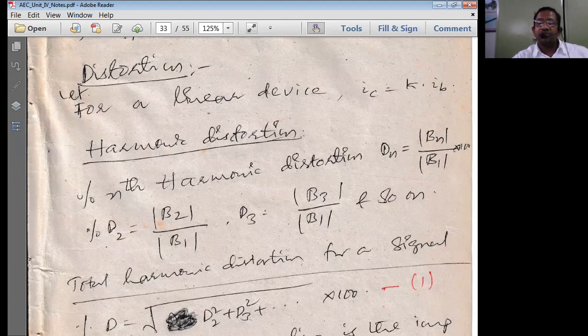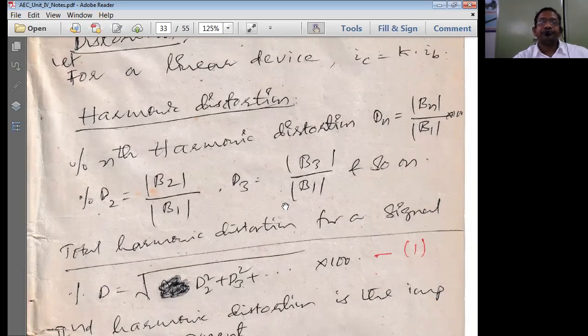Right? If the shape is going to change at the output of the circuit, then we say that there is a distortion in the circuit. So usually power amplifiers suffer with distortions. The only problem of the power amplifier is distortion. So we have to take measures to reduce the distortion in power amplifier circuits. You cannot make distortion equal to 0, but you can reduce it to the maximum extent, nearer to 0.